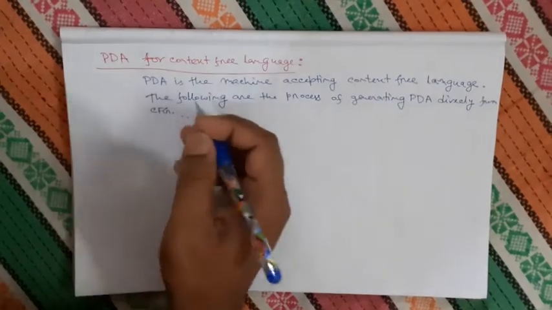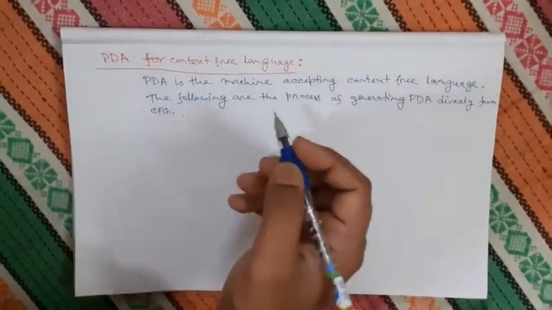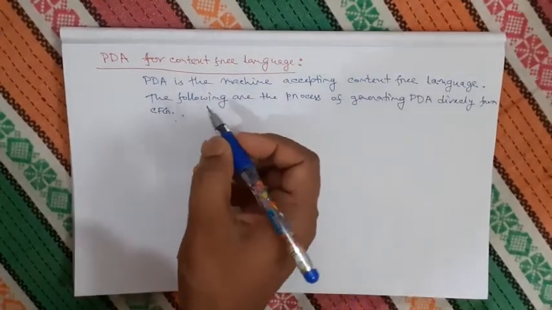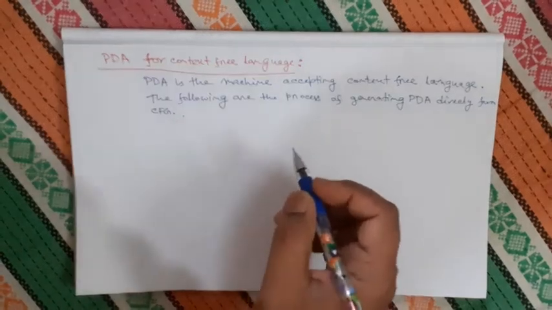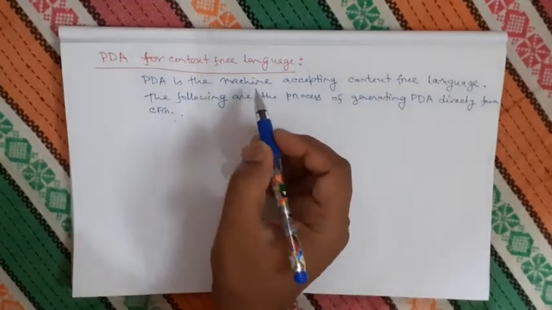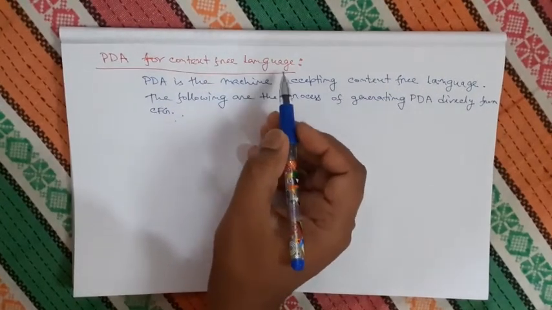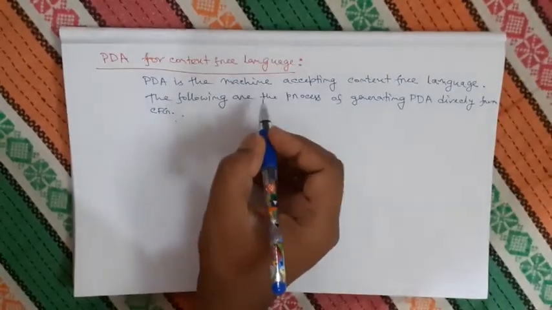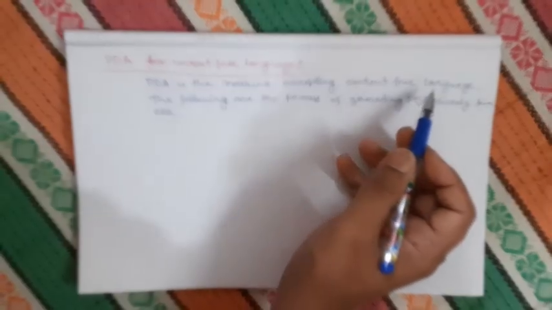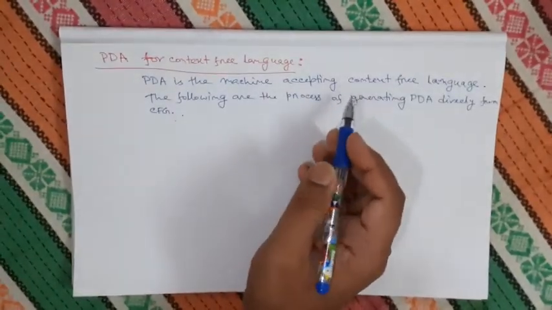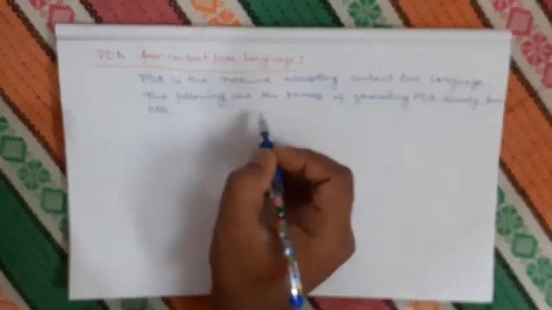So dear students, this is the third video of this push-down automata. In this third part I am going to discuss PDA for context-free language. You can see I have written one line: PDA for context-free language. What is the line? PDA is the machine which is accepting the context-free language. Now there is a procedure, the following are the process of generating PDA